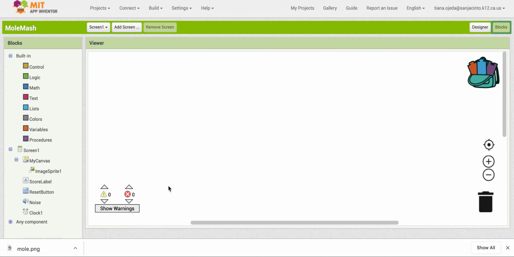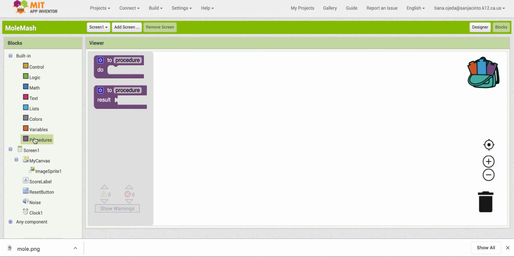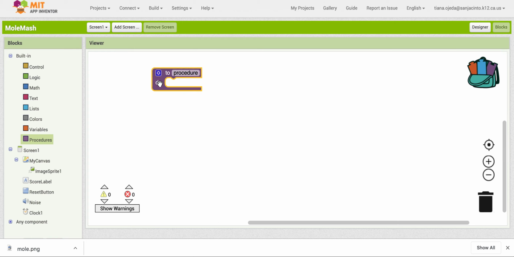The first thing that you need to do is click on procedures, which is this purple button right here. I'm going to pull out this block that says to procedure do. And then I'm going to delete where it says procedure and type in move mole. The next thing that I need to do,